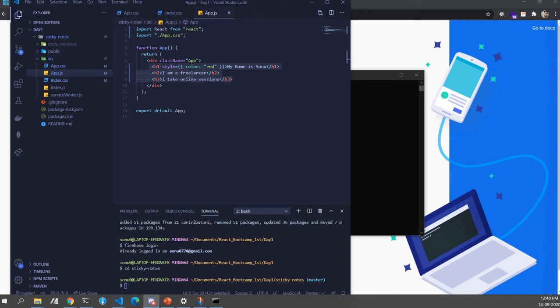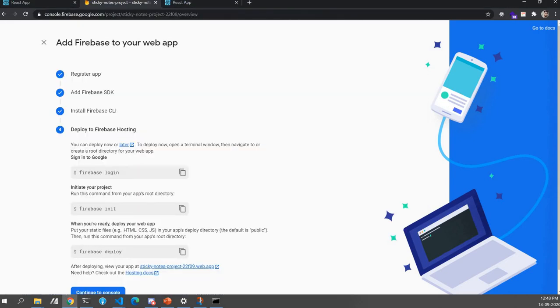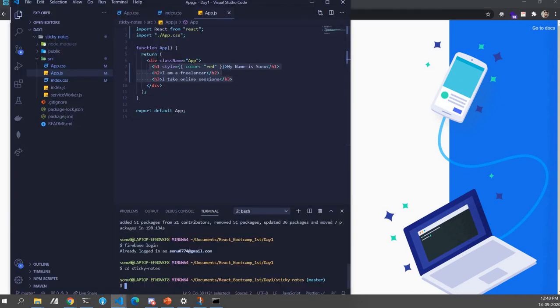Okay. And what about those who are logged in successfully there only, like in the React folder? No, but still you have to do cd sticky notes. Okay. That's okay if you are logged in, that's fine. Go and do cd sticky notes, because for the next step that we are going to do, we need to be in that particular folder. Okay. It says firebase command is not found. Huh? Sorry? Is firebase command not found? Whose? Mine.